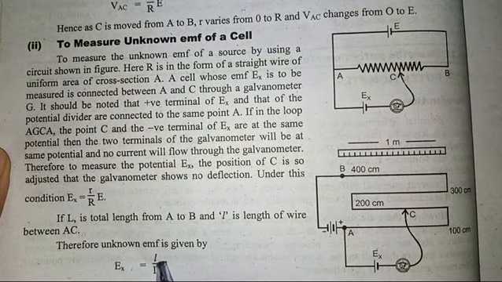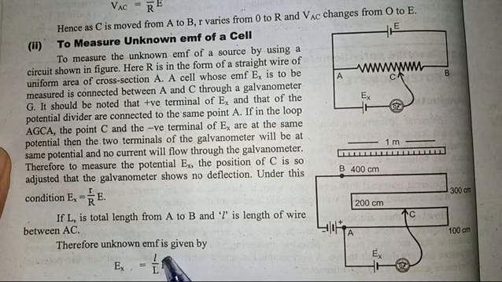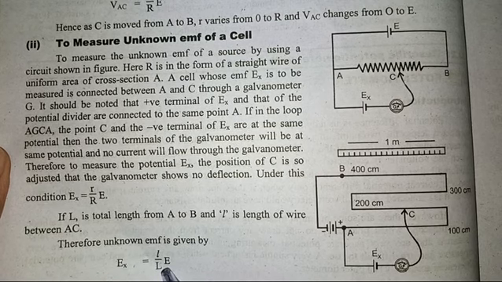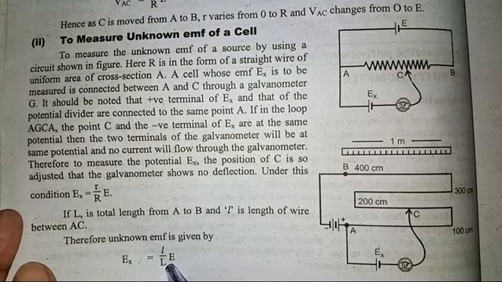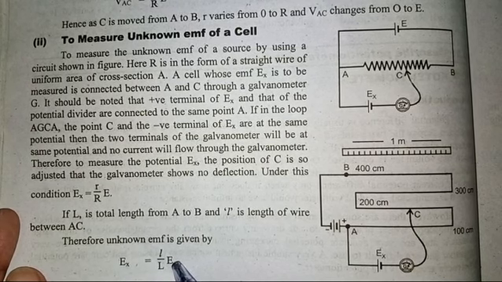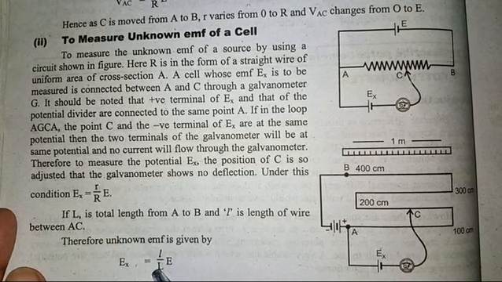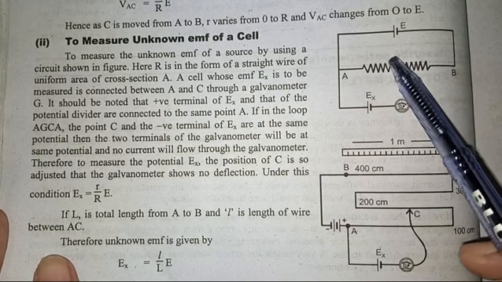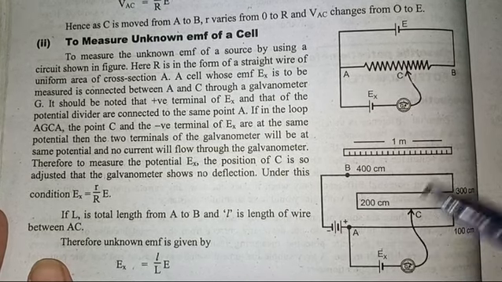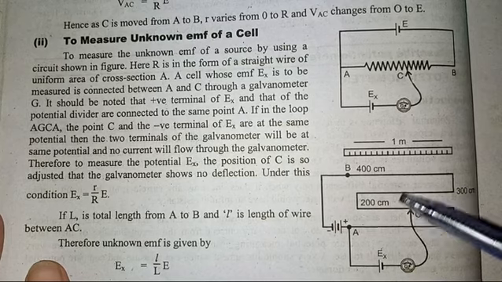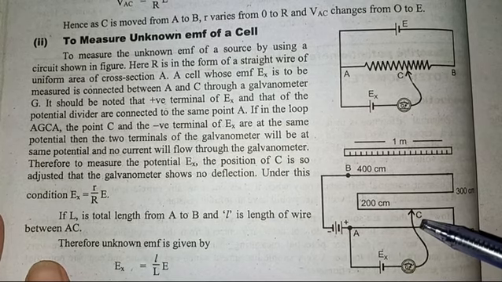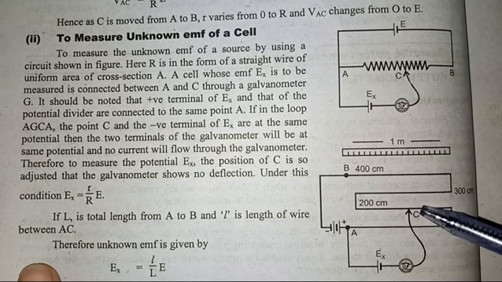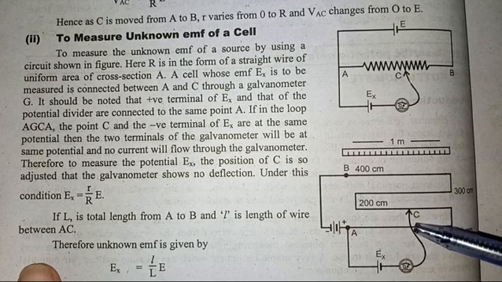EX is equal to l over L into E, where small r is replaced by small l, the length of the wire between A and C, and capital L represents the total length of the wire from A to B. So by using this formula we can easily measure the unknown EMF of a cell. This is a very easy method. You can learn it from this diagram. As this diagram is not in our textbook, we will ignore it. It is helpful just in our practical. When we perform the practical with the potentiometer apparatus, we will discuss this diagram in detail.